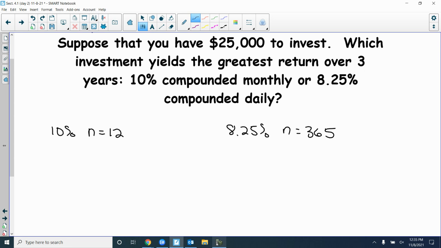All right, now we do the same thing. I want you to list both amounts that you get. Compare the two. Don't just say one's better than the other. I want to list the amounts, so we've got to type them in. We got 25,000 for 3 years. So A, amount, equals 25,000